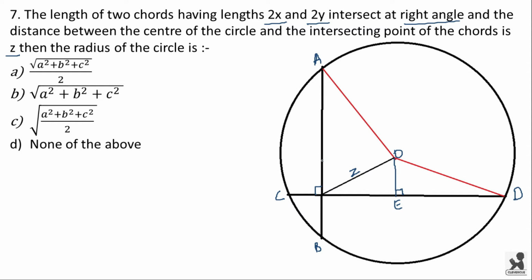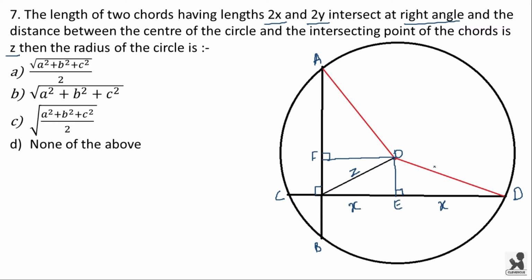Similarly, draw a line perpendicular to the AB connecting the center. Now this line is also 90 degrees, perpendicular with the chord, and if this is F, OF is perpendicular to CD. Now the length of ED is x. As I have discussed earlier, the triangle OCD will be an isosceles triangle. So if an altitude is drawn from the center to the side CD, then it will bisect the line CD into two equal parts. That means CE will be equal to ED.